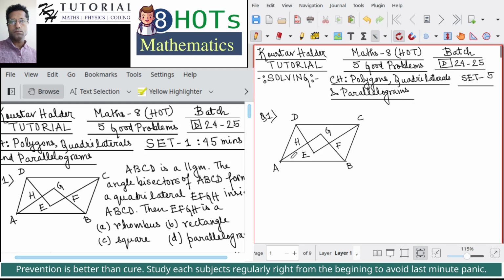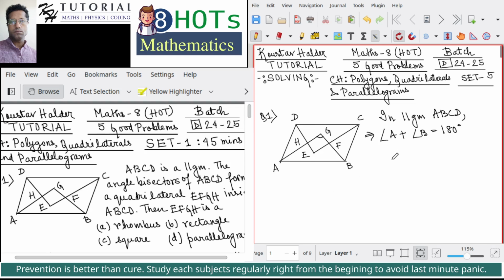So in parallelogram ABCD, we know that every pair of adjacent angles is supplementary, that is, their sum is equal to 180 degrees. So we must have angle A plus angle B equal to 180 degrees. Okay, now I am trying to find what this angle can possibly be, that is angle G,